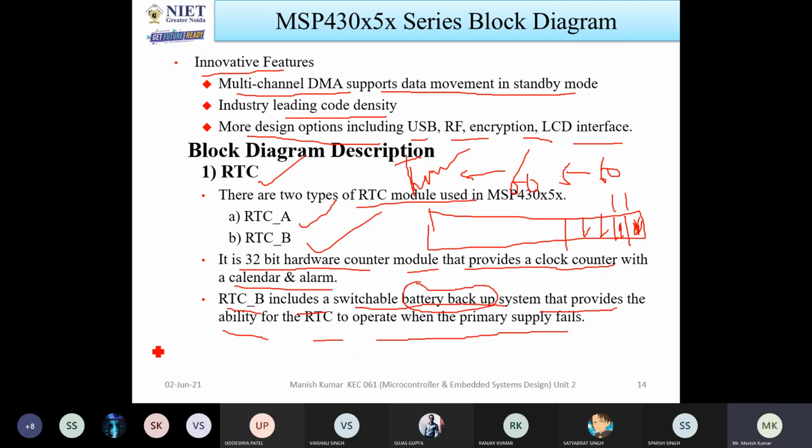Okay. So whenever you see the motherboard, one small battery is given. This battery is used for the RTC only. When the main supply is there, main power is there, then this battery is not used at that time. The battery will be used only when the primary battery is switched off, it means the system is shut down. इसीलिए क्या होता है कि ये बैटरी काफी दिनों तक चलती है. ठीक है.